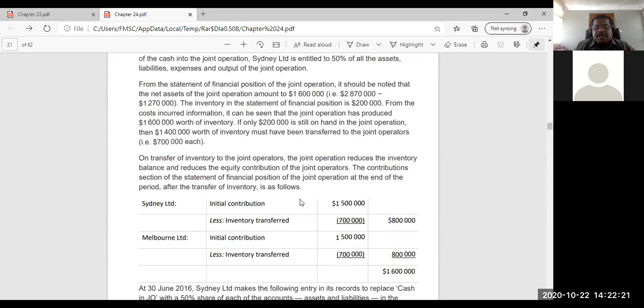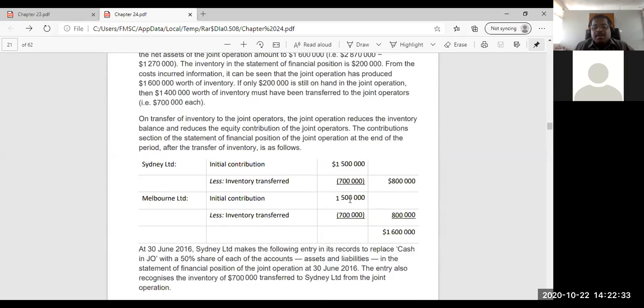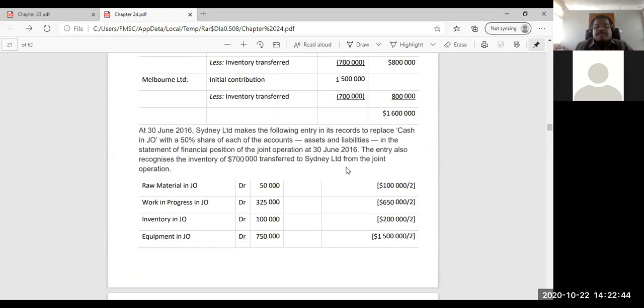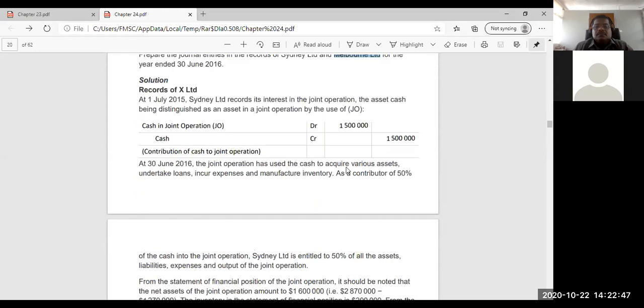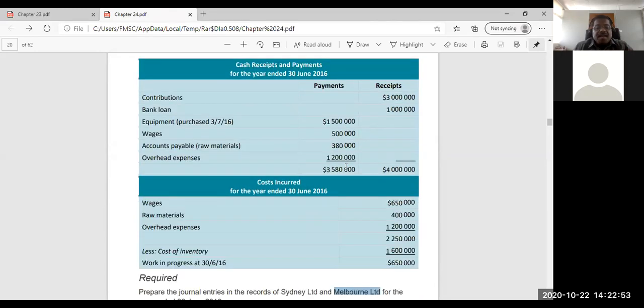Now what happened is the initial contribution is 1,500. You can remember the initial contribution 1,500, and you can remember the inventory transfer 700. Inventory transfer 700. How do you get it? It is something like this. Now you will see the inventory analysis is this. Wages so much, raw material so much, overhead expenses so much,